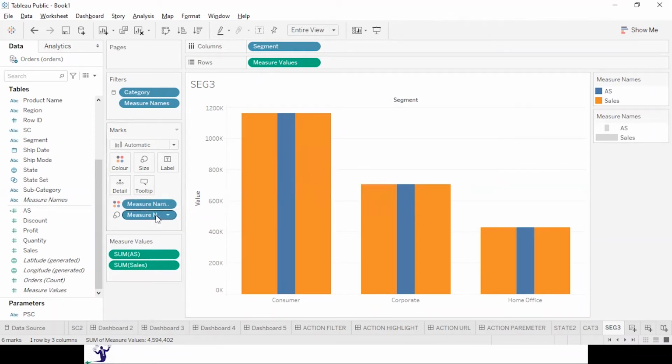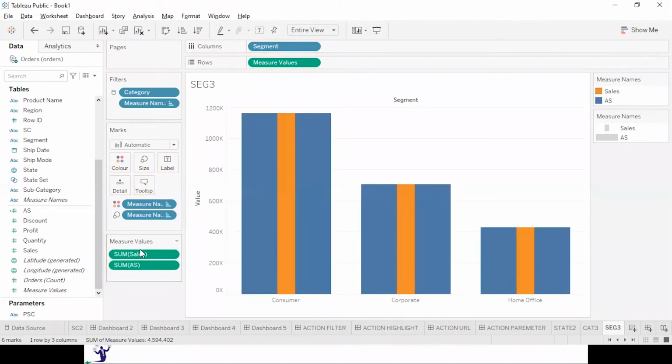Okay. Or we can reverse it also: outer is indicating the area sales and inner is representing the total sales. And if you want, you can display the label as well. Okay, so this is all set.